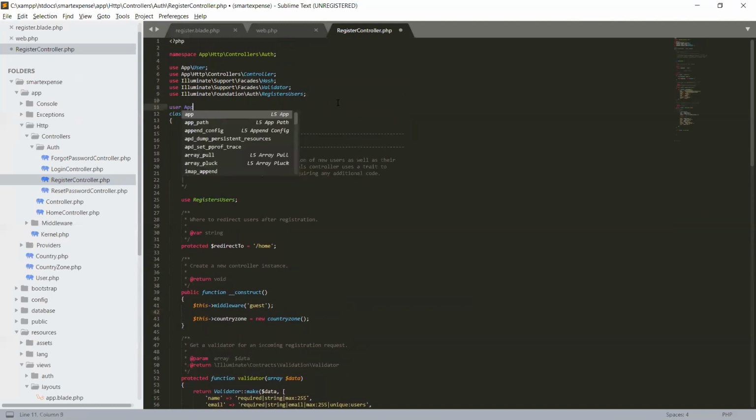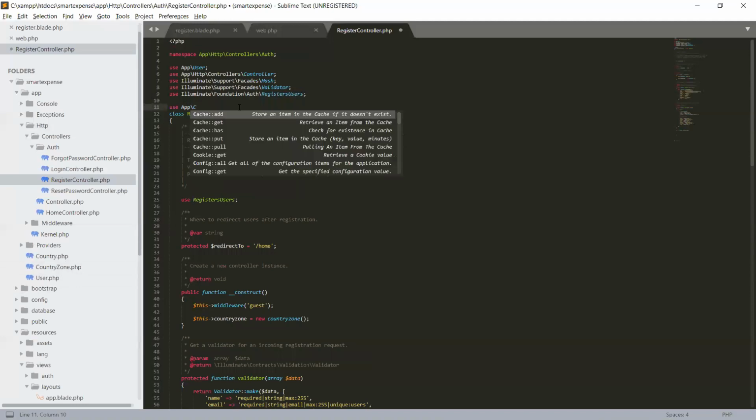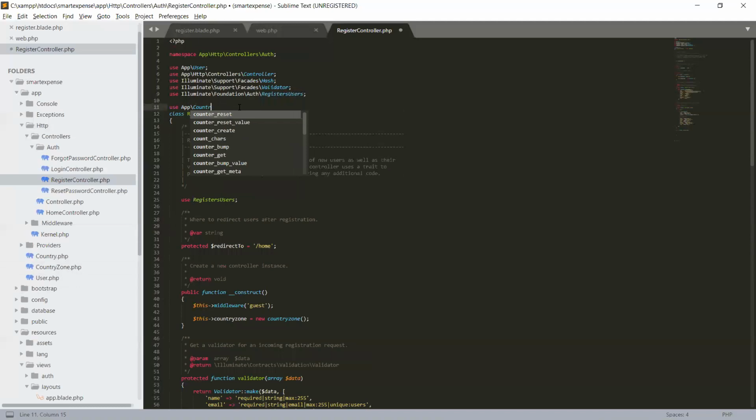So use App\CountryZone. Here it is, CountryZone, with capital letters.